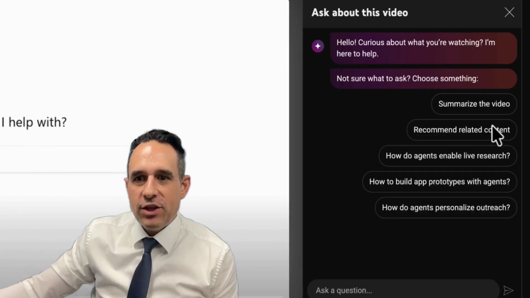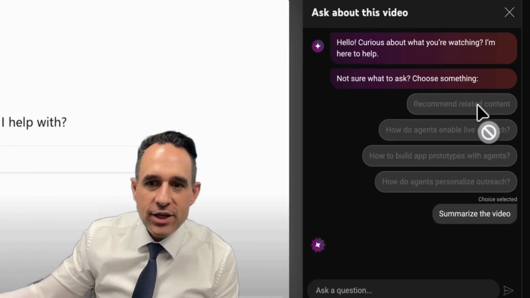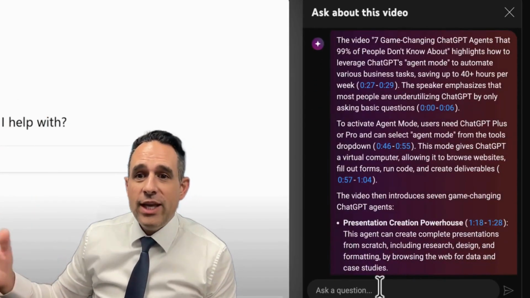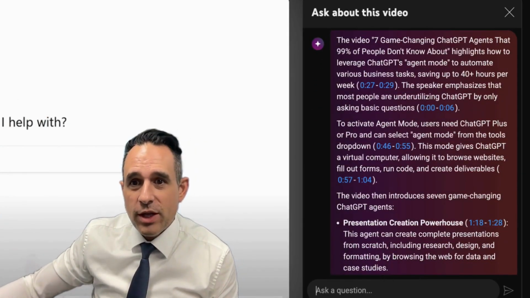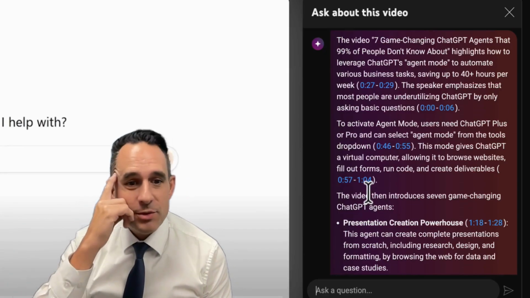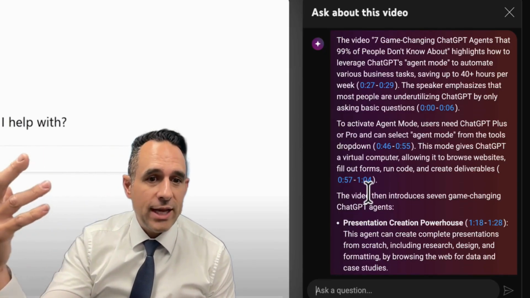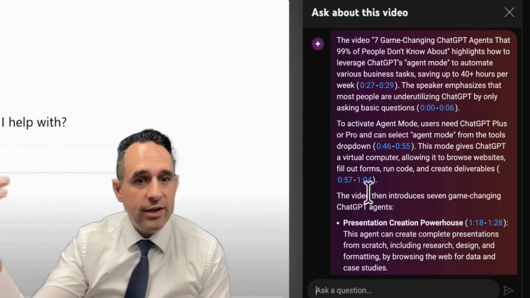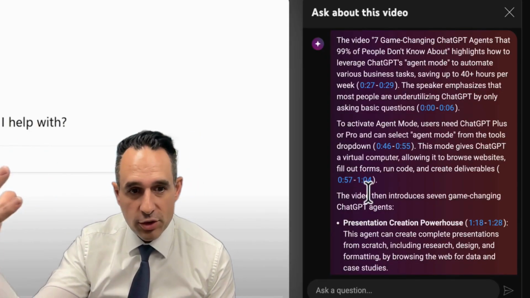It does give you the ability to summarize the video or ask a particular question about the video. It will give you timestamps, if you will, on when things pop up in it. So it's actually a kind of cool learning-enabled methodology as we evolve in the AI space. We're starting to see it in how we entertain ourselves or learn through YouTube.